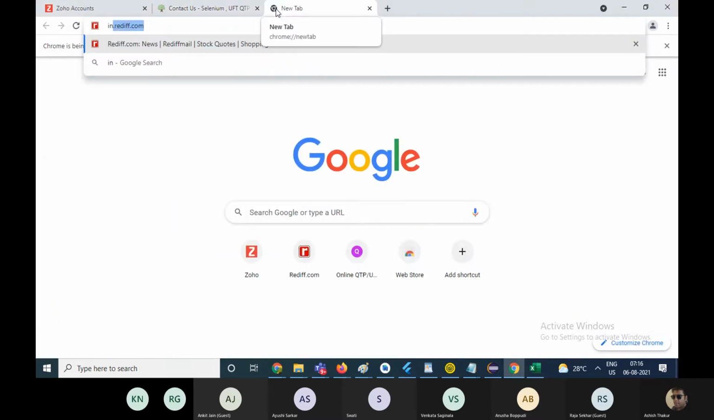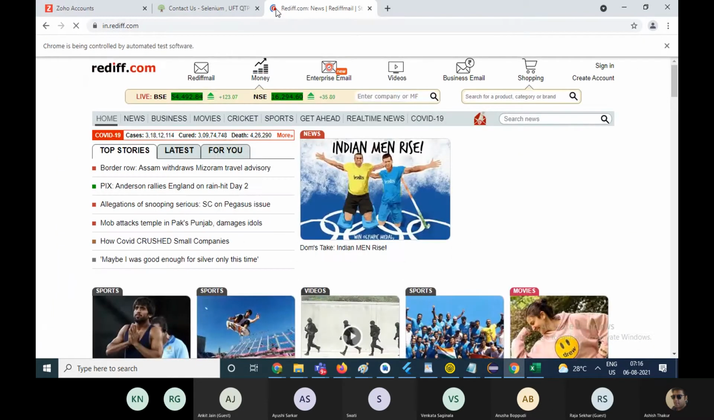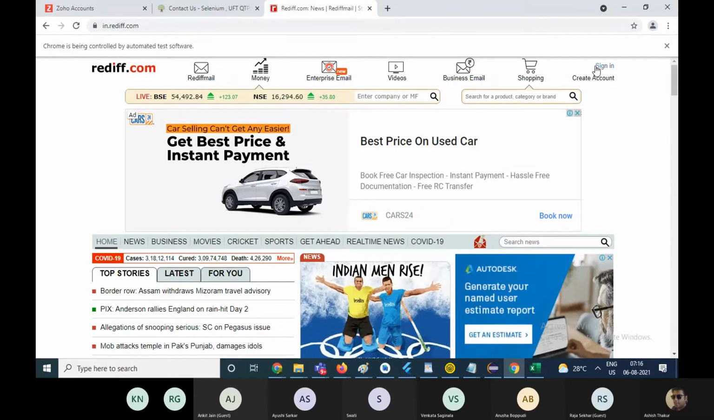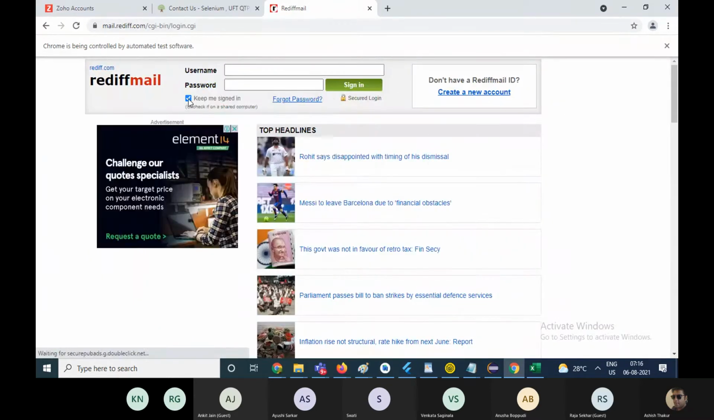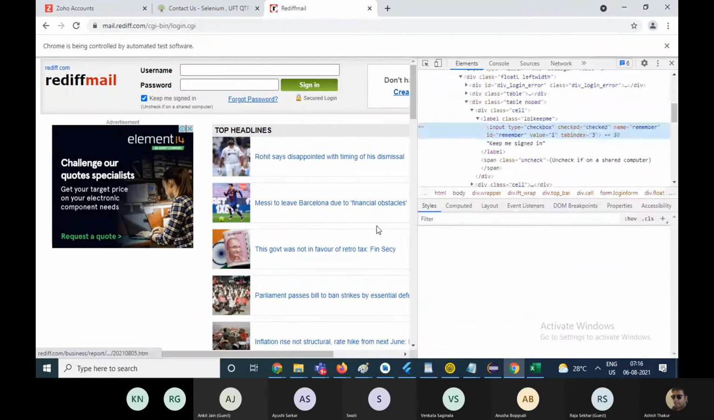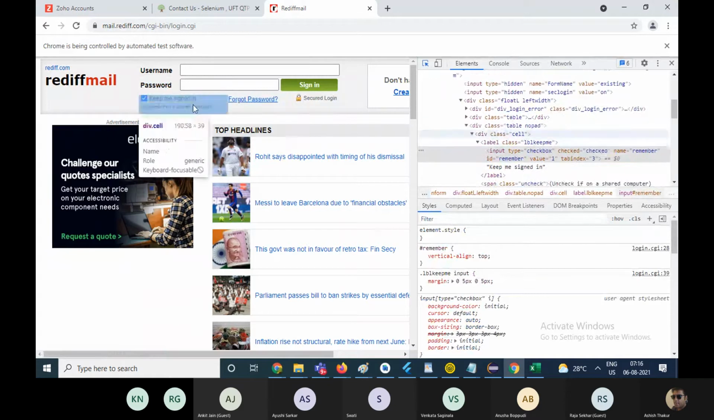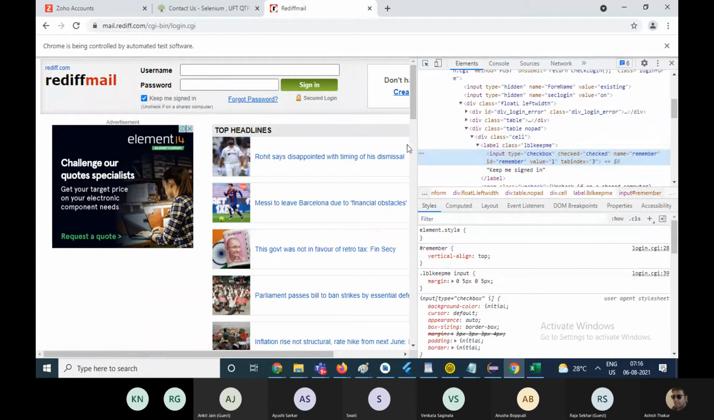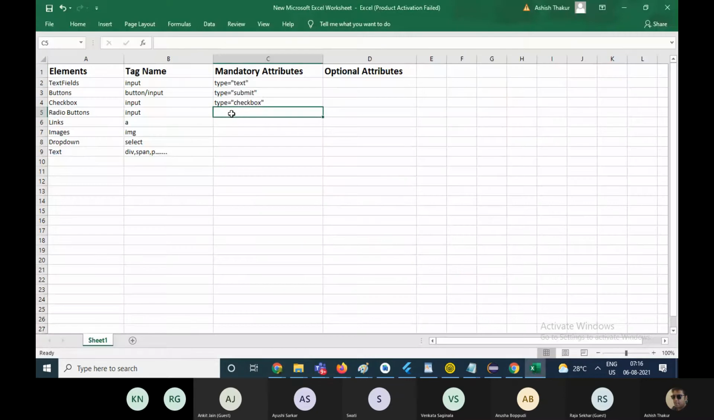we saw that checkbox side, right? If you look at this checkbox, the type equals checkbox, and that makes it a checkbox. Okay, radio buttons. In case of a radio button, type is equal to